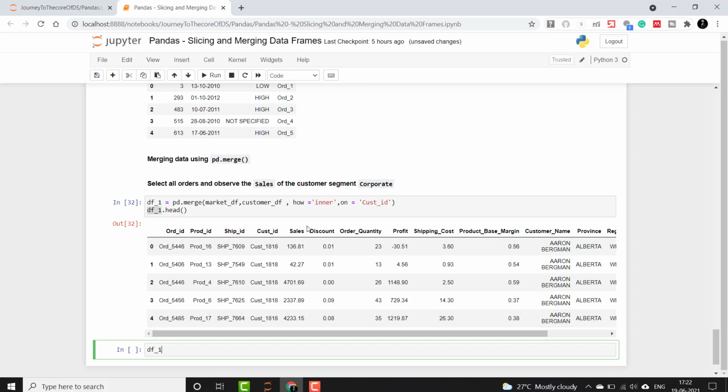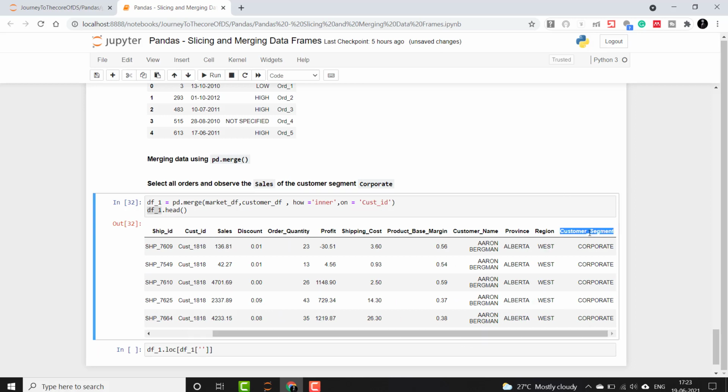Okay, so we'll say df1.loc and use df1, choose this customer segment, and say double equals to corporate.